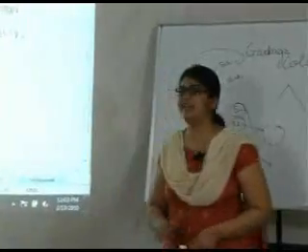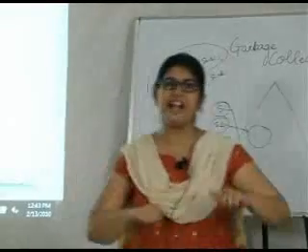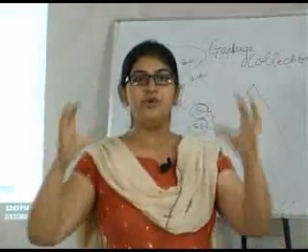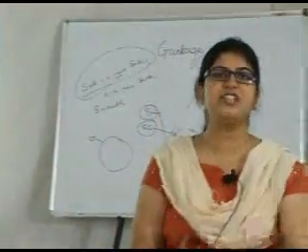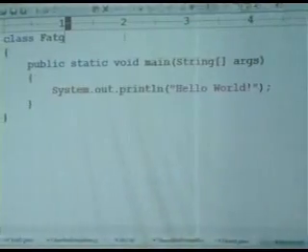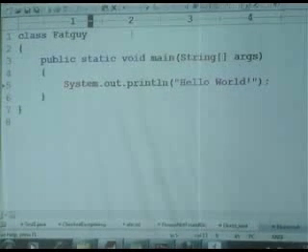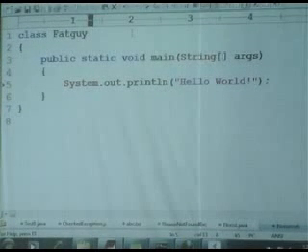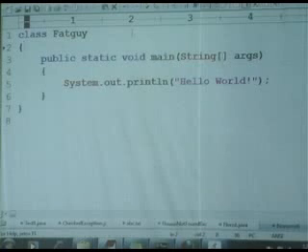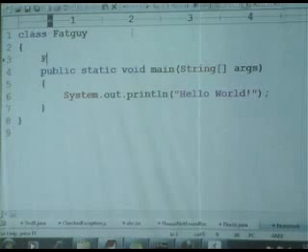So let's declare a class called FatGuy, which is going to occupy a huge amount of space if an object is created. Let's call this guy FatGuy. Now here let's create a constructor. Just create a constructor of FatGuy.